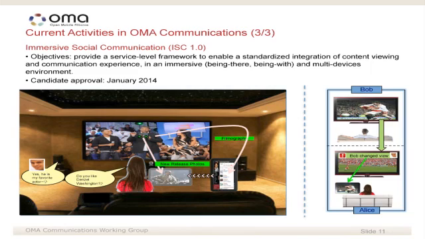So how to provide a service level framework to enable a full integration between the content viewing experience and your communication experience, and this in an immersive and multi-device environment. So being able to, for instance, when you're watching TV, communicate with your friends at the same time, being able to know what kind of event he or she watches, being able to get through your devices additional information about what you see at the same time, such as filmography, photos, or